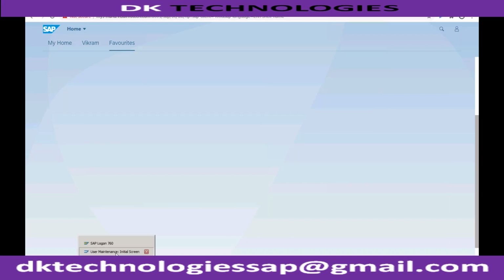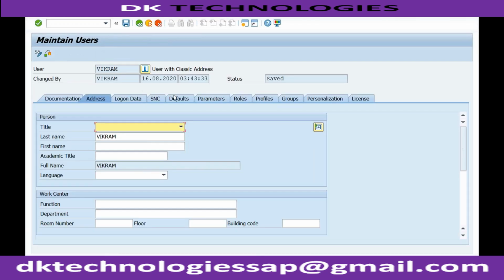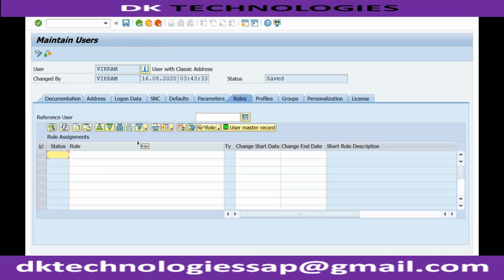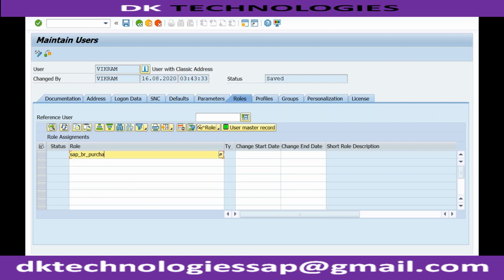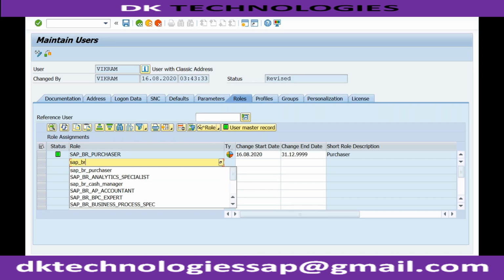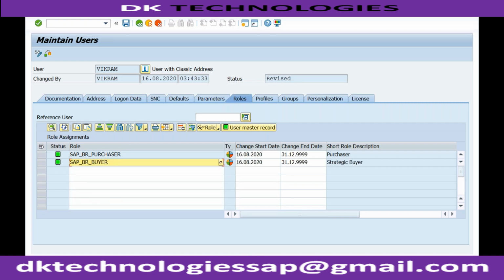So again, I will go to user maintenance, go to the change mode, and go to roles. Since I know which role is relevant to purchasing, I'm just assigning it here, but I'll tell you how you will know which role to assign as a purchaser. SAP_BR_PURCHASER and SAP_BR_BUYER. These are the two important roles related to purchasing. Okay, so I'm assigning these two roles to my user ID, and from the sales point of view, I'm